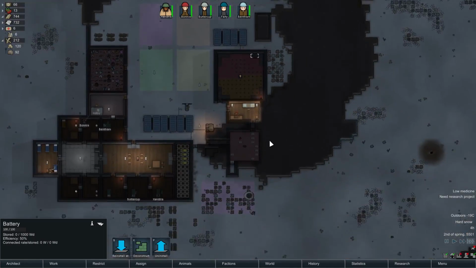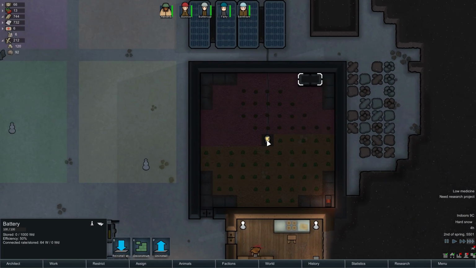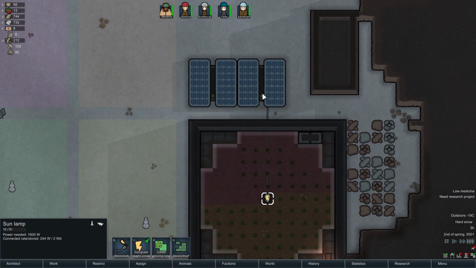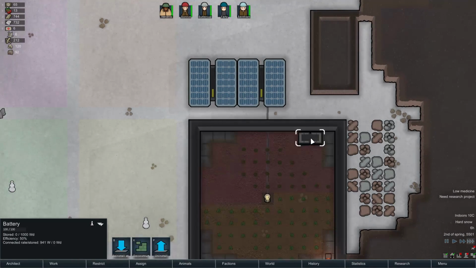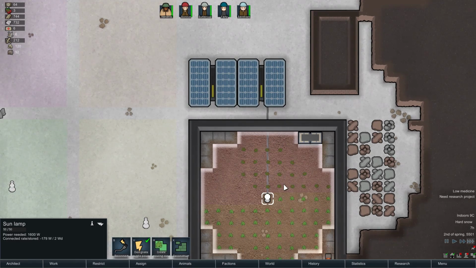There we are. Batteries all hooked up. Okay. So we've got our indoor growing area. There it is. It's slowly sparking to life. But as soon as these both are running, then this will start building up a charge, which is awesome. There we go. The battery is storing enough charge and then it's passing it along, but...